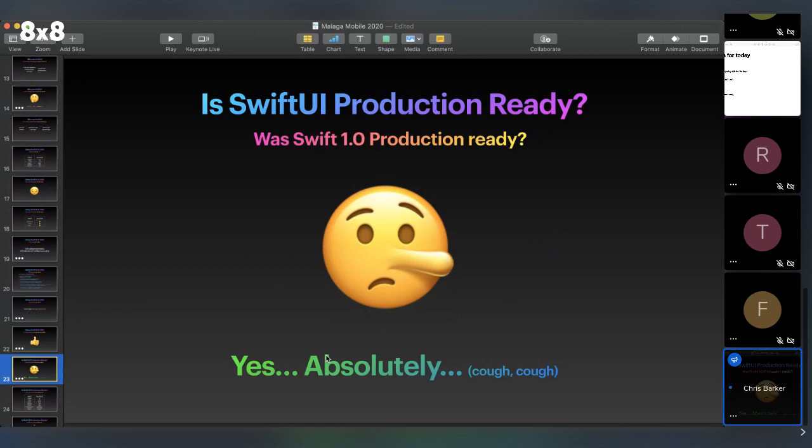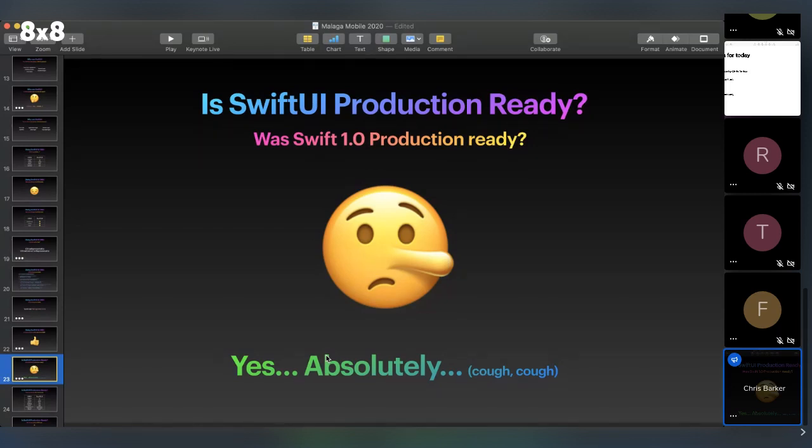There is a lot in SwiftUI that works. There is a lot in SwiftUI that works really, really well. If you're building an app around those components that work really, really well, then yes, it's production ready. Apple wouldn't let you release it to the App Store if they didn't think it was. If you can run on an iOS 13 device or multiple versions of iOS 13 without any flaws, if you can run it on an iPad, if you're doing a universal app and it works, then yes,